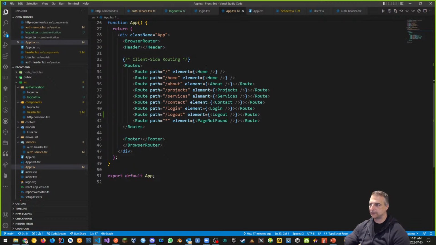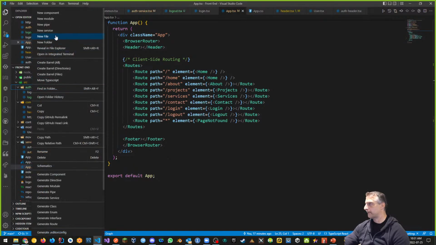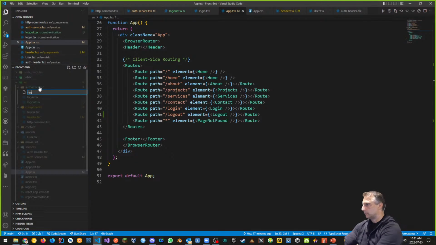One last thing before we go, I know we're running overtime, guys, but this always takes long, is I want to talk about registration. So how do you do registration here as well? So again, it is another auth component, right? And so under authentication, I'm going to make a brand new file, which we're going to call